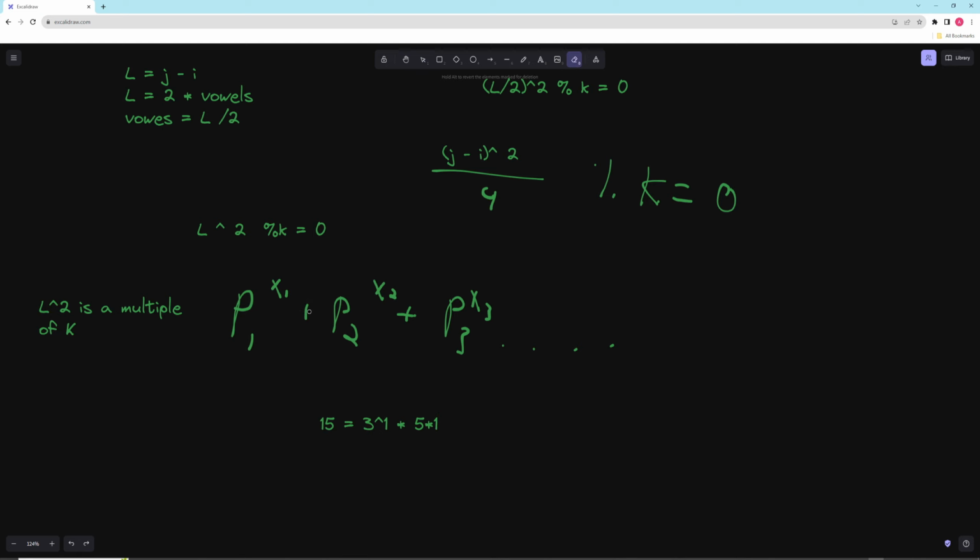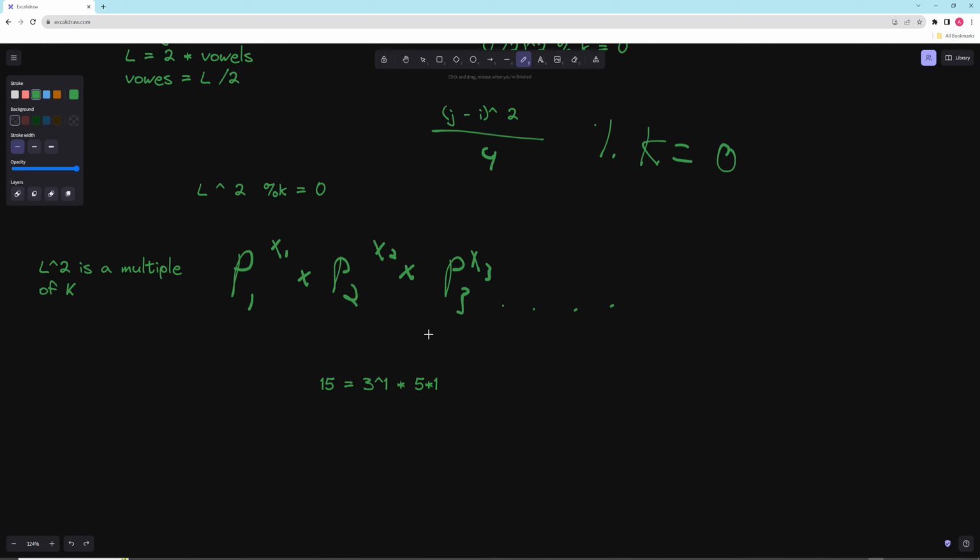So we can get rid of these. So this is going to be like times and times. That means that L squared has to contain at least 3 to the 1 and 5 to the 1 to be a multiple of 15, right? So whatever our number prime factors into, L squared has to contain all of these values at least, and then it can have something else, and that would make it a multiple. So if we actually do the square root,